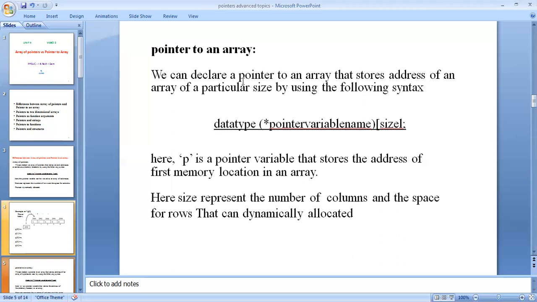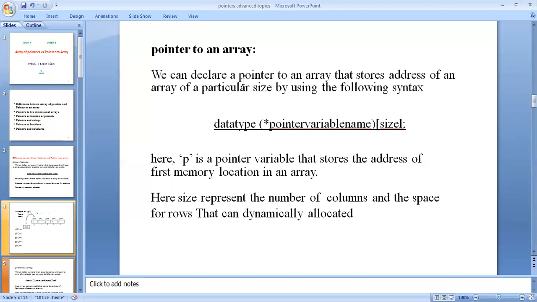Particular size means fixed size. Sizes are of two types: fixed size and variable size. When the size is fixed, it cannot be changed in the entire program. When you are using variable size, it can be changed.